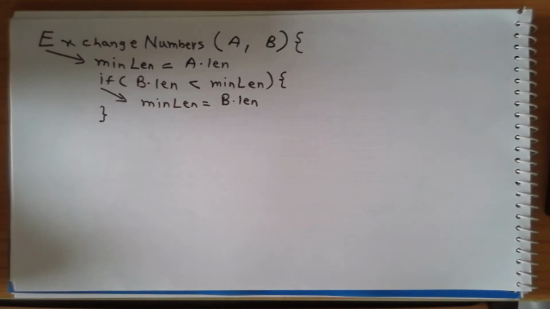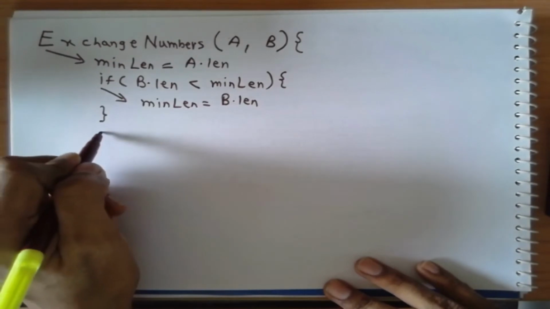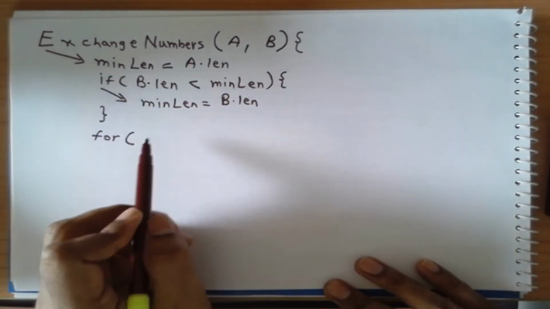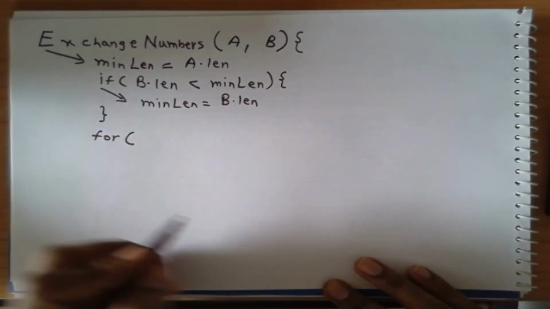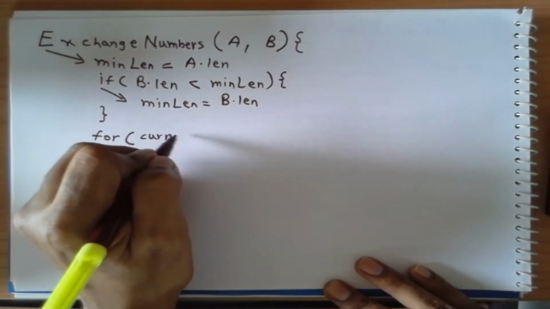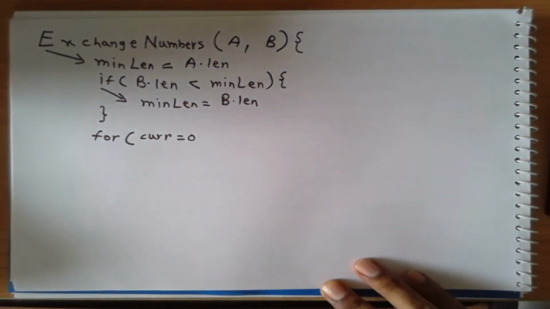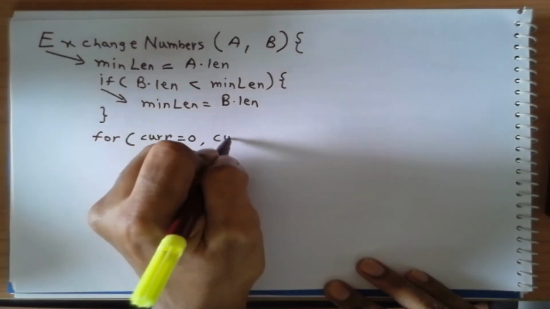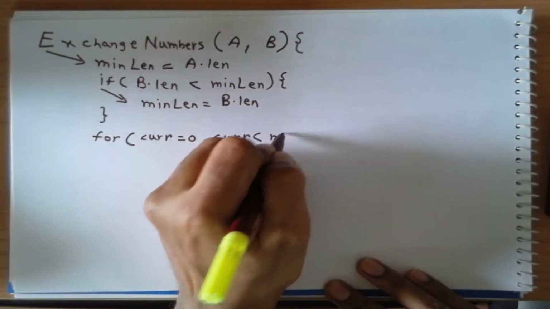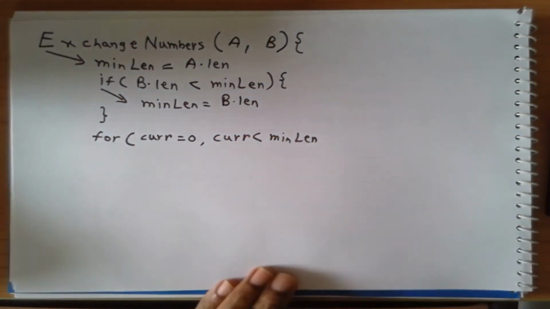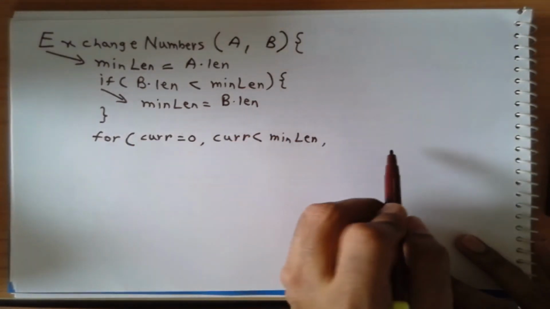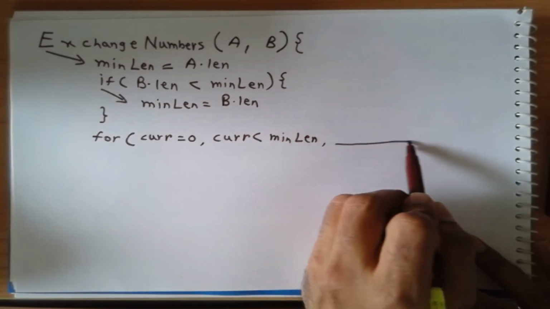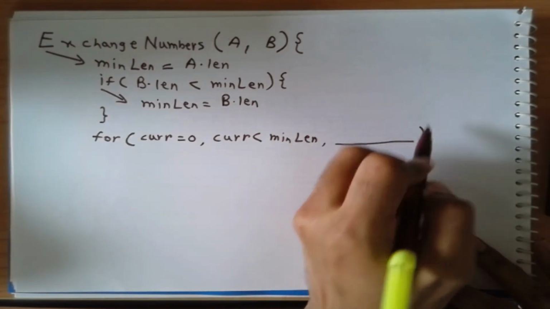So I'm going to use a looping construct, for. We discussed two looping constructs if you remember, for and while. Let's go with the for. The first part is the initialization condition. So I'll define a variable called, say, current, and initialize it to 0, and then my condition is that this current should always be less than the minimum length. And then I'm going to define a bookkeeping operation that I have to perform every time after I complete the block. So let's talk about that when we write our block.